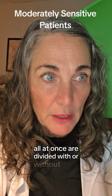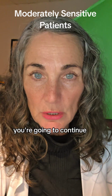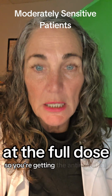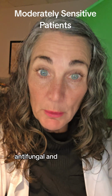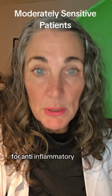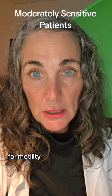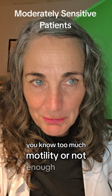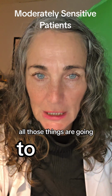You're going to continue this for the full 8 weeks at the full dose, so you're getting the antimicrobial, antifungal, and repair effect, for anti-inflammatory function, for motility function, whether it's too much motility or not enough motility. All those things are going to kick in during that 8-week period. And then